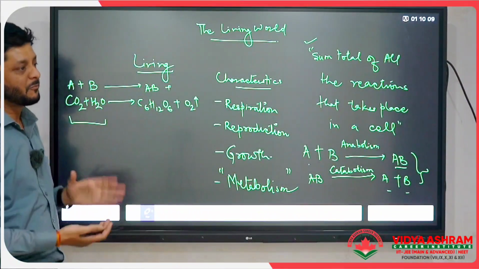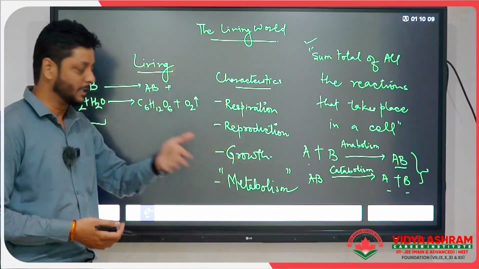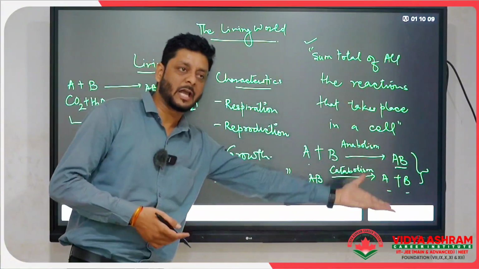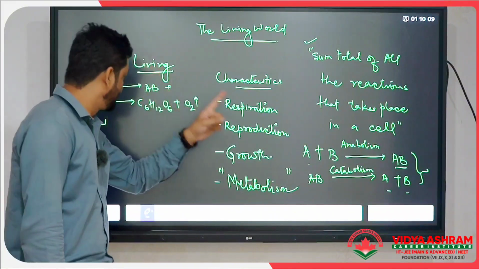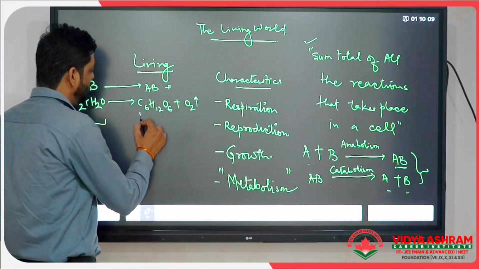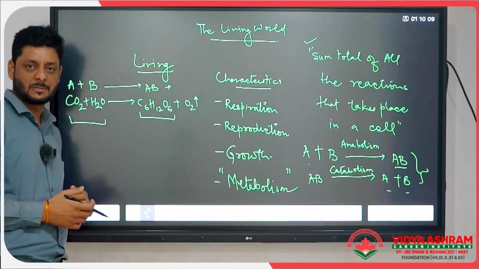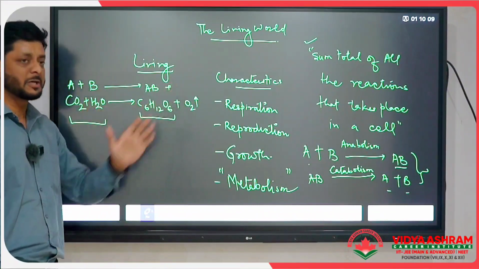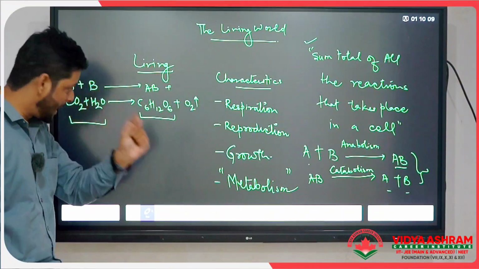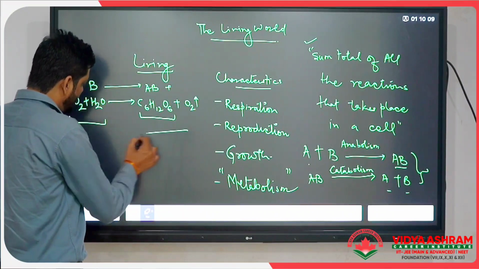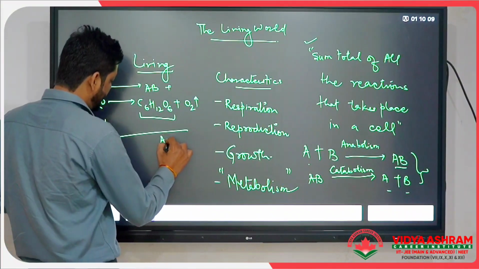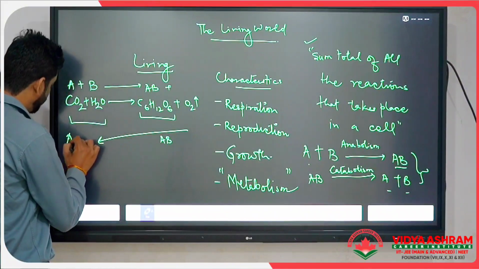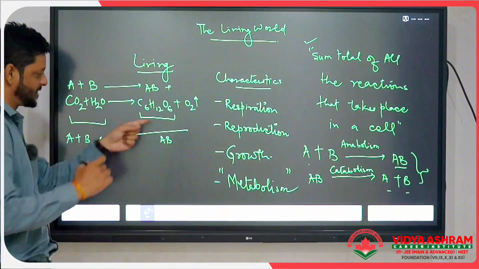So whenever the photosynthetic reaction takes place within a cell, that is an anabolic reaction, which is the production of glucose, by which the glucose is being produced. It is the anabolic reaction. Simultaneously, if we look at the reaction on this side, this AB is being broken down into A plus B. Yes, we know this reaction.